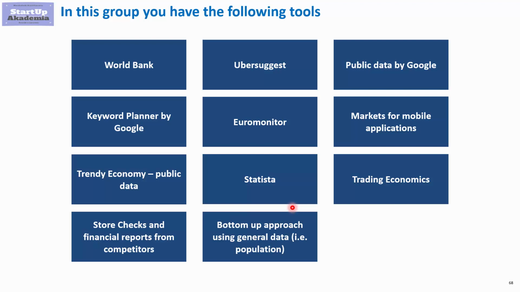And finally, you can combine some of the methods for rough estimation that we have mentioned. So for example, bottom-up approach with certain general data from the sites we have mentioned here. So for example, you can estimate certain markets using the population of the women, kids from the World Bank. And in this way, you can create a very nice ranking comparing different countries and showing the potential for each and every country.